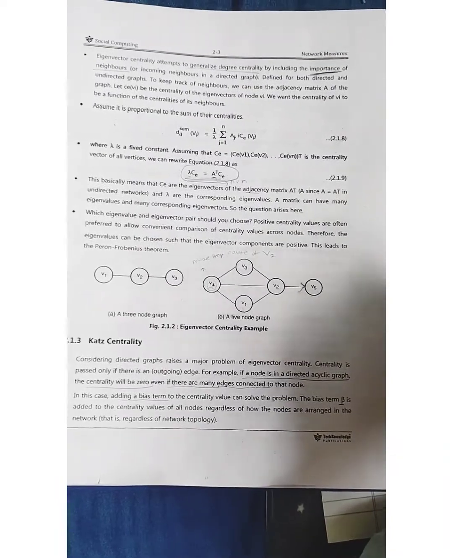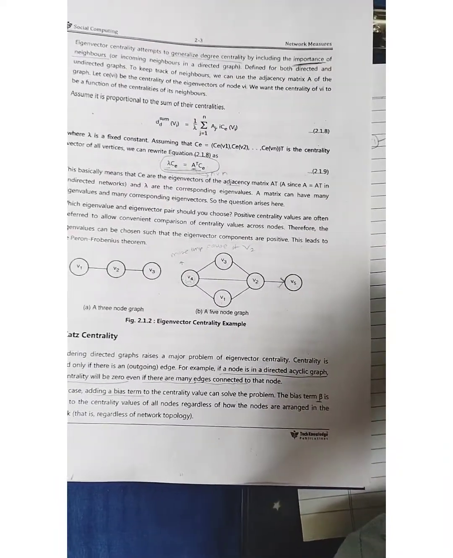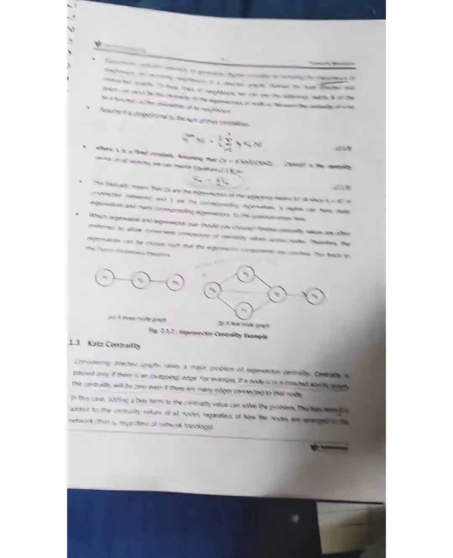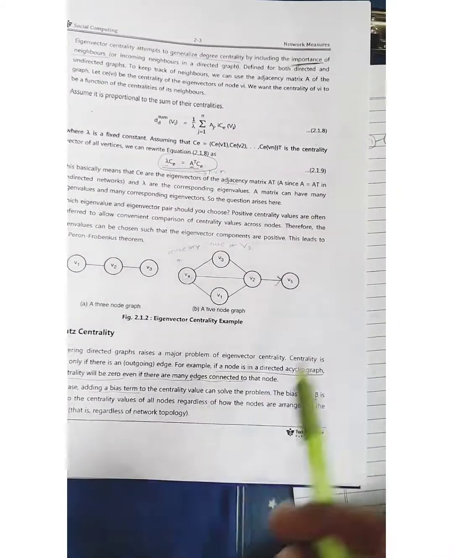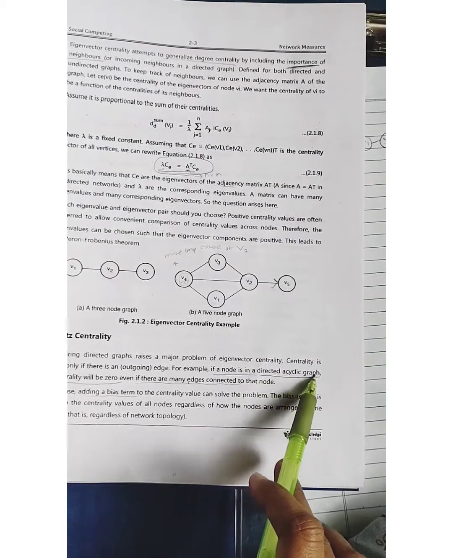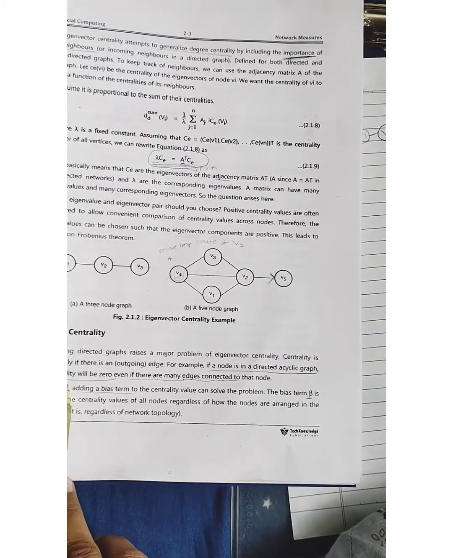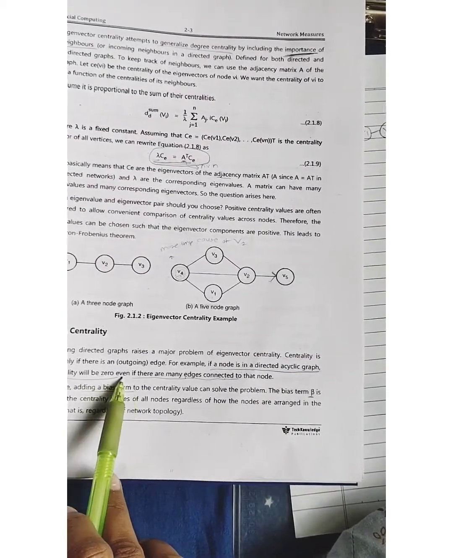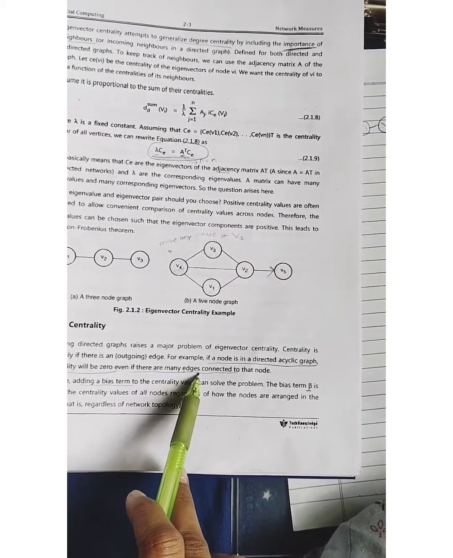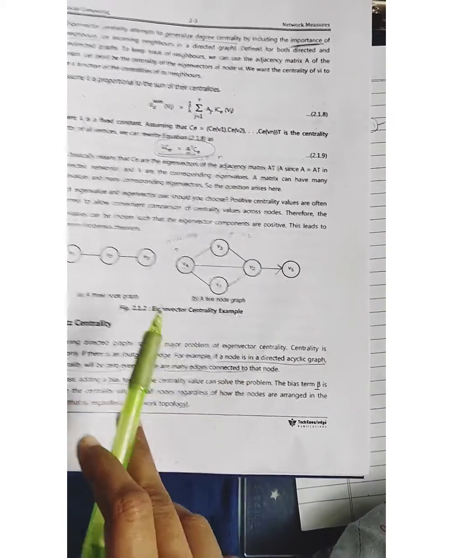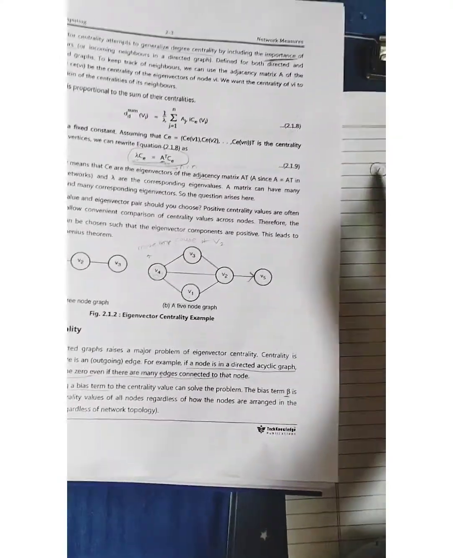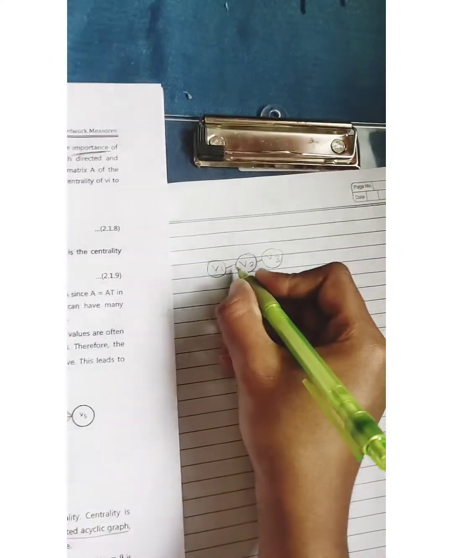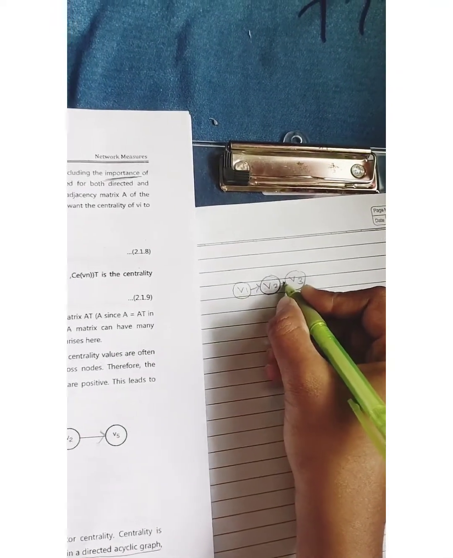Eigenvector centrality is passed only if there is an outgoing edge. Eigenvector centrality needs an outgoing edge. For example, if a node is in a directed acyclic graph, the centrality will be 0 even if there are many edges connected to the node. That means if I'm having this kind of directed graph, okay,